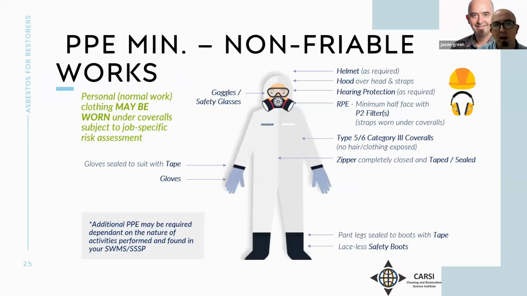Okay, so just quickly, as a minimum, if you're working on non-friable sites, and there's a high likelihood that it's on site, then you really need to protect yourself from the get-go if it's not fully identified exactly where things are. So you want to make sure that you're wearing your normal PPE, but you also want to be wearing respiratory protection which is in line with the risks that you're finding, or the potential risks on site. So minimum would be a P2 respirator with particulate filters, and then class 5 or 6 overalls